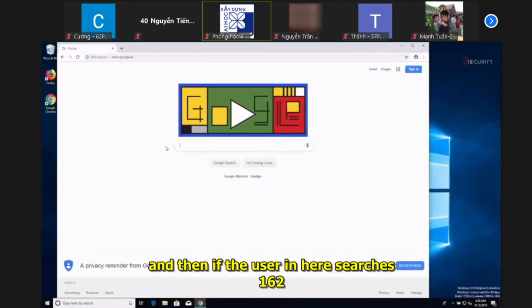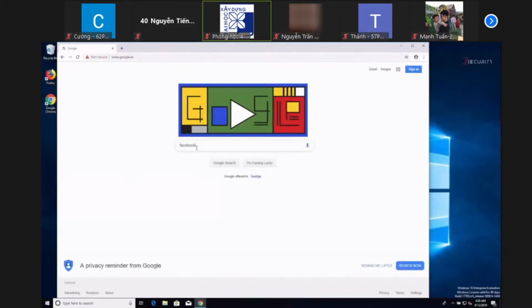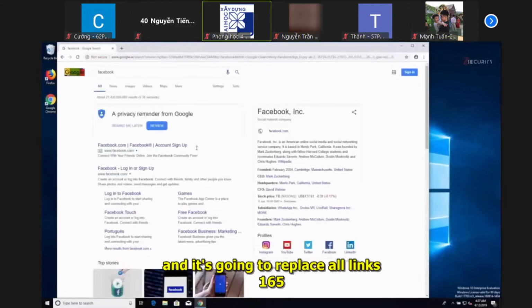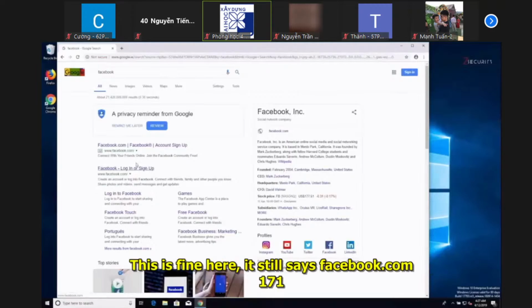And then if the user in here searches for their target website, for example, Facebook, then our script is going to run in the background and it's going to replace all links in this page for facebook.com with facebook.corn. So if I actually hover over this, you'll see in the status bar, the website that will be loaded is facebook.corn, not facebook.com. This is fine here. It still says facebook.com, but only in the code of the HTML page, facebook.com got replaced with facebook.corn. So if I click on this link,